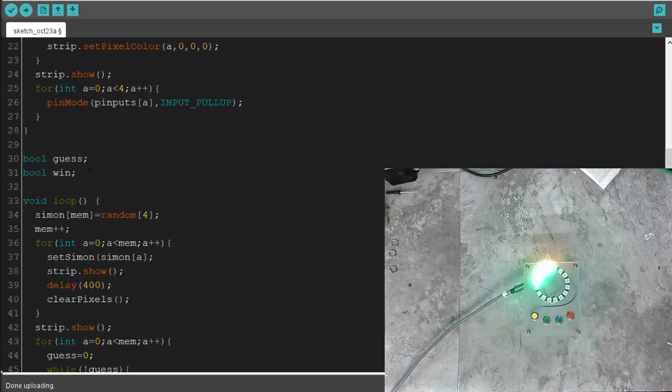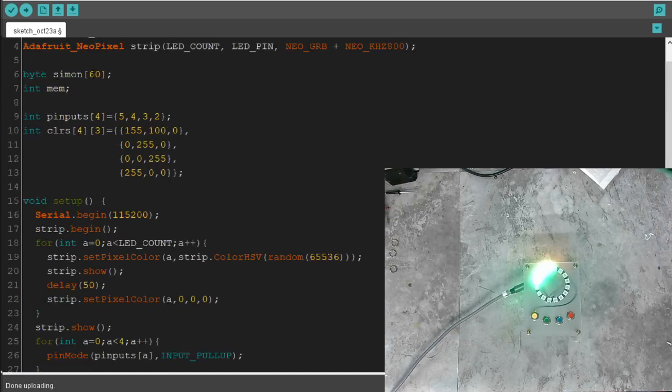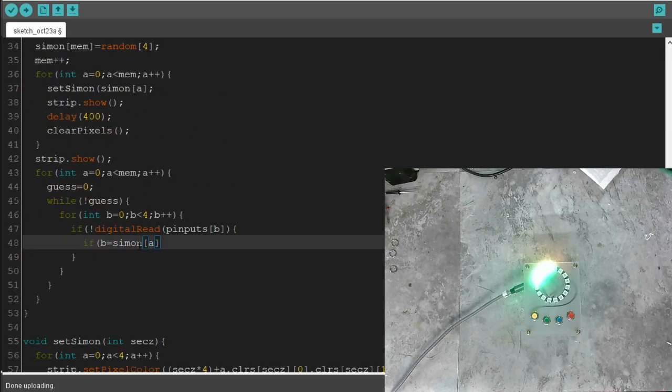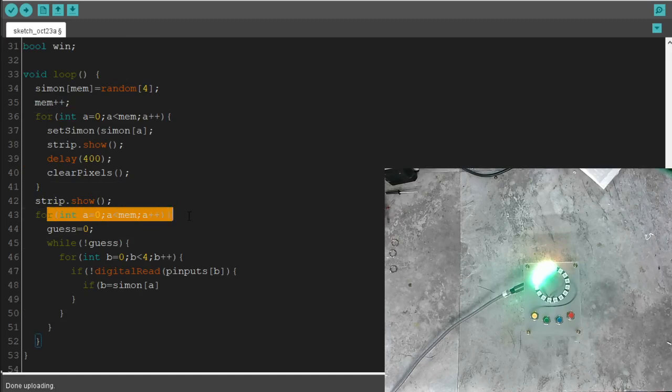Because Simon right now, the first one should be 0, 1, 2, or 3, right? As we're filling it up one by one. So if we get it right, so A is going through all the Simons, right? So this one showed all the Simons, and now we're going through each one of these. Okay, if you guess it right, so if B not equals, we don't want to assign it, we want to test it, equals Simon A,